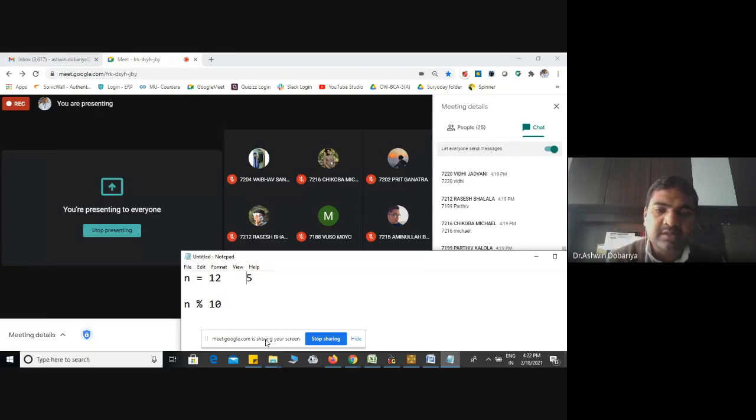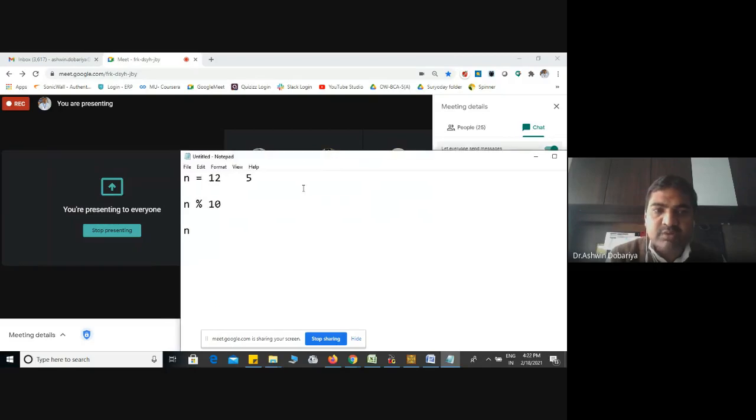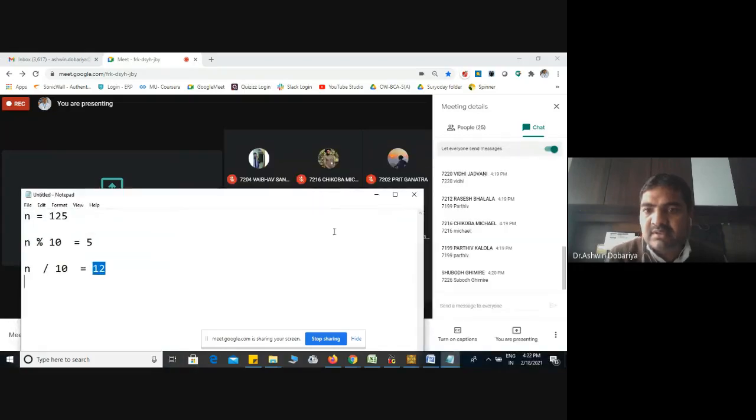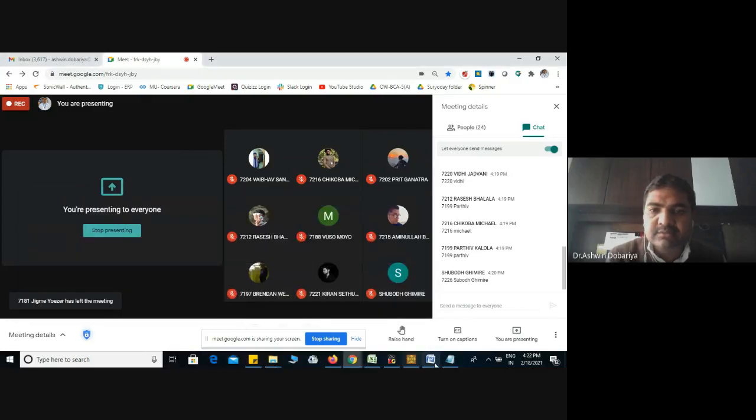And if you use division, like n divided by 10, suppose the output of n modulus 10 is 5, and n divided by 10 we know is 12.5, but both are integers, so it will ignore this 0.5 and the output is 12. I hope it's clear to all of you. So in the last time we discussed this thing.